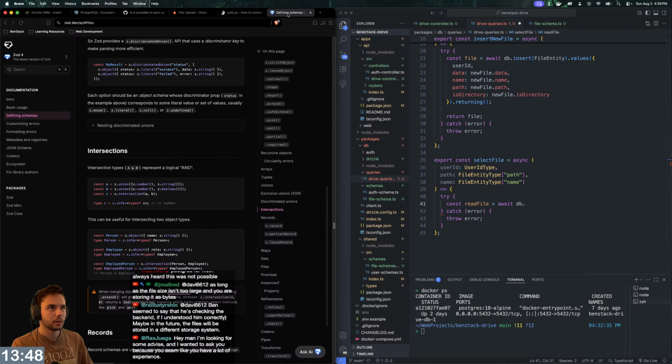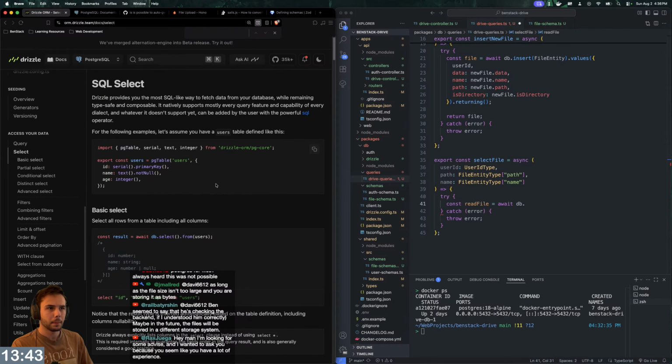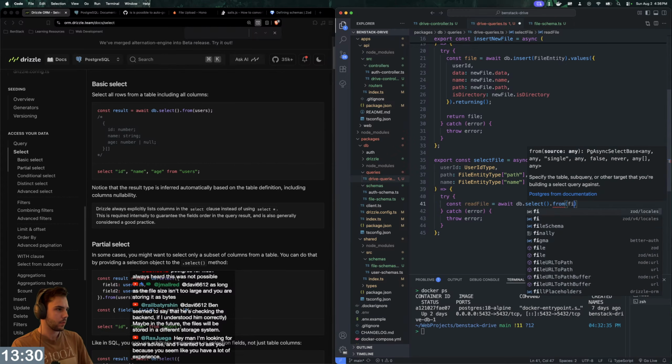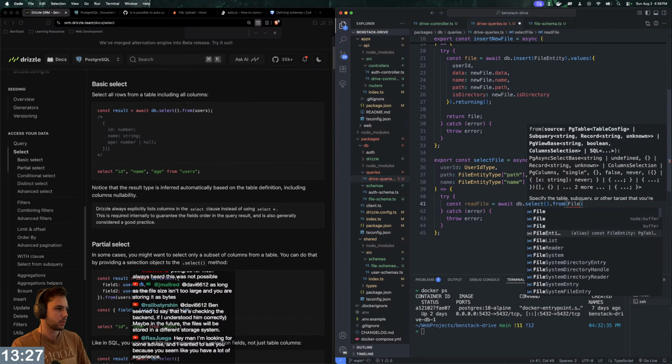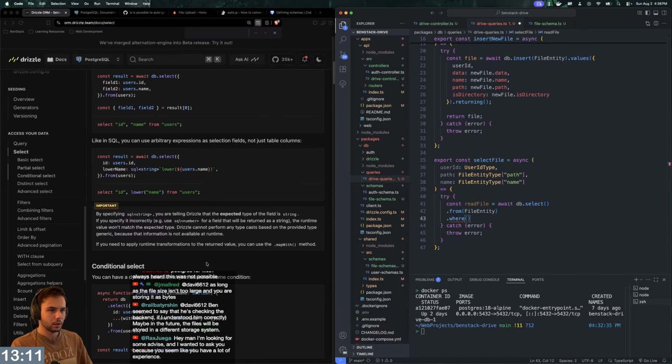Then we need to find, so select here. And then we could select everything from file entity dot where, I'm probably going to put these on different lines here. And we're going to say where